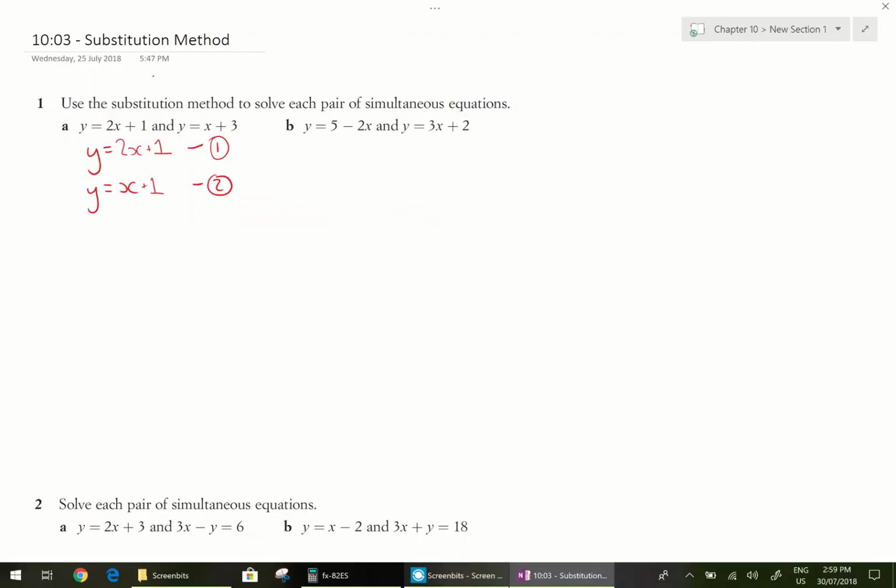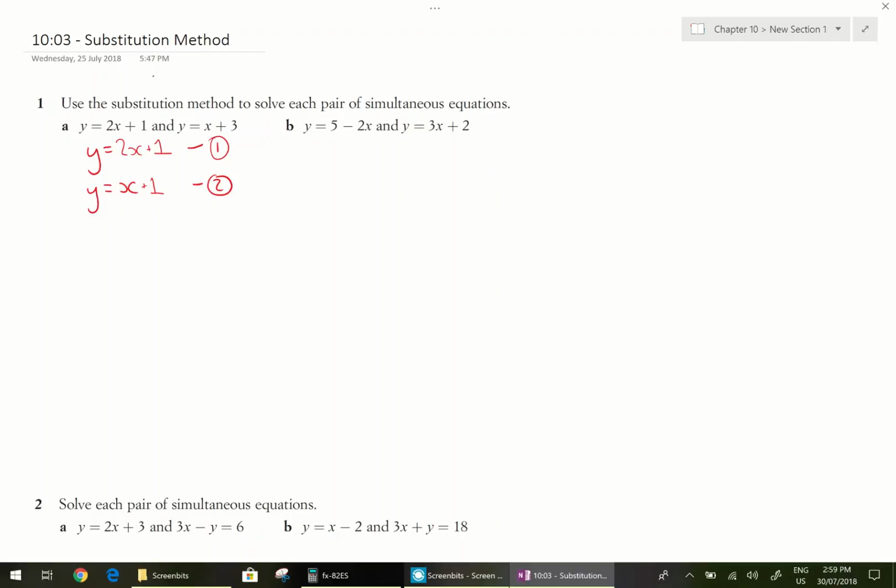Okay, exercise 1003, which is the substitution method for solving simultaneous equations. When we're talking about the substitution method, we're talking about substituting, so replacing one thing with another. If we look at question 1, where we have y equals 2x plus 1 and y equals x plus 3,